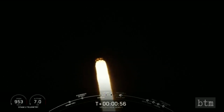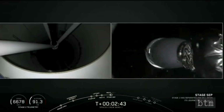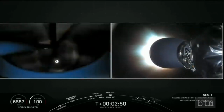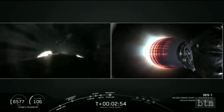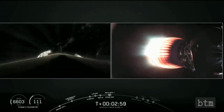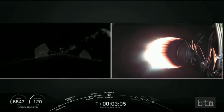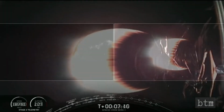For those of you just joining us, you are watching a live view of the Falcon 9 rocket. As you can hear from the cheering here at SpaceX headquarters, we did have a successful main engine cutoff, a stage separation, and as you can see on the right-hand side of your screen, that second...